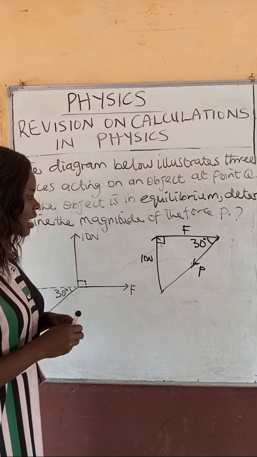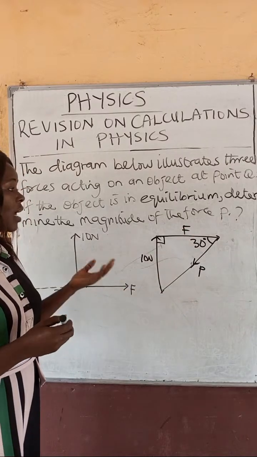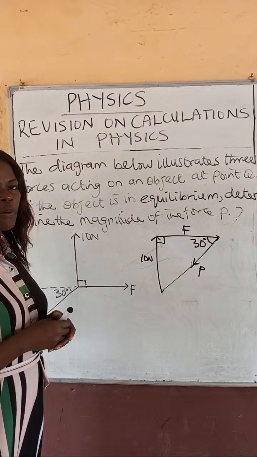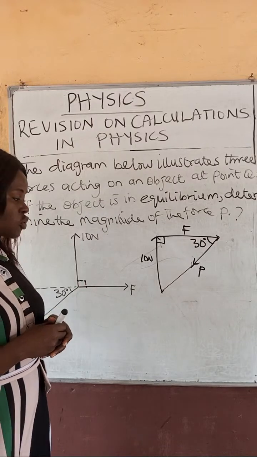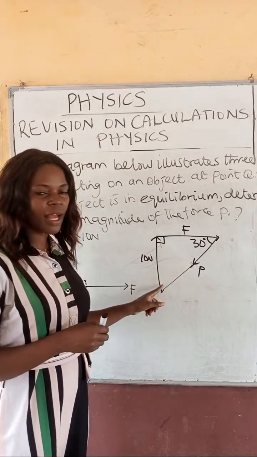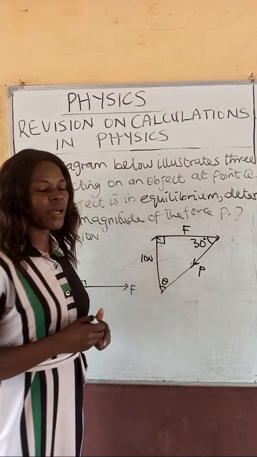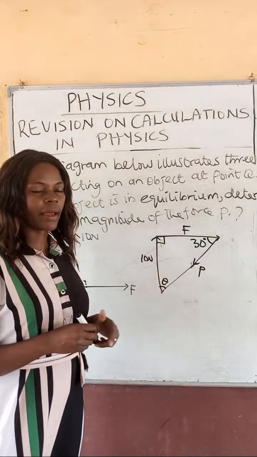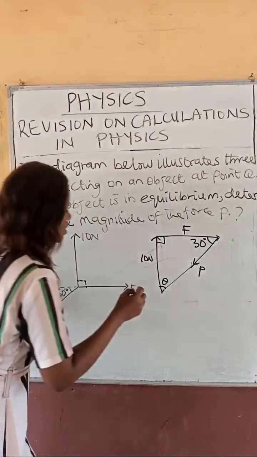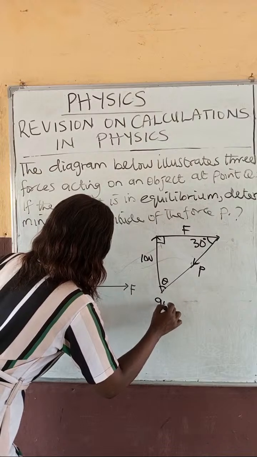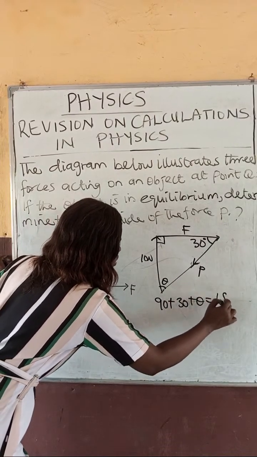Now with that being said, I have to look for the magnitude of P and F. Even though I have to find P, I can as well solve for both of them. What do I do first? The first thing is to get this angle here. The sum of angles in a triangle is equal to 180 degrees. So let's get this theta here, so it can help us to solve our question. So we say that 90 plus 30 plus theta is equal to